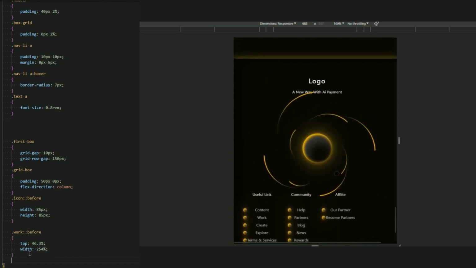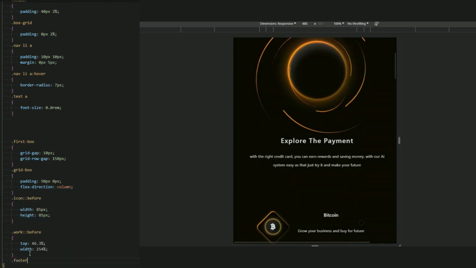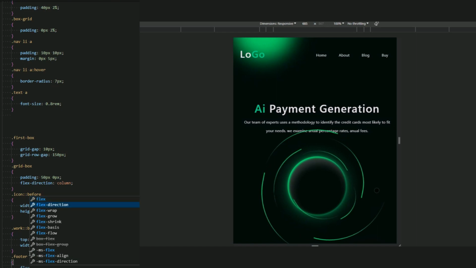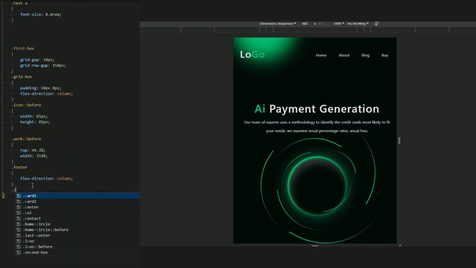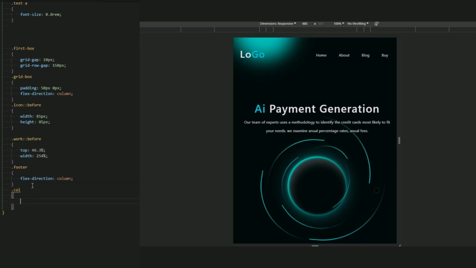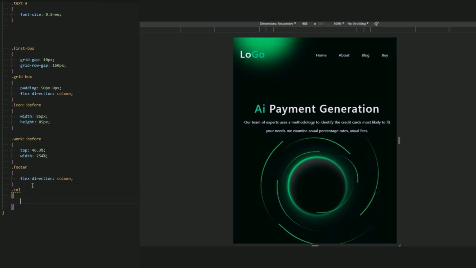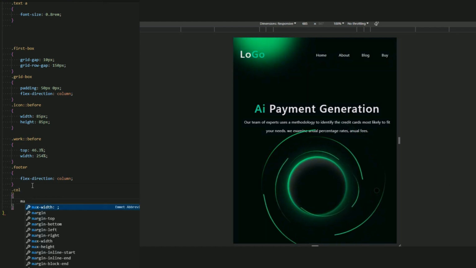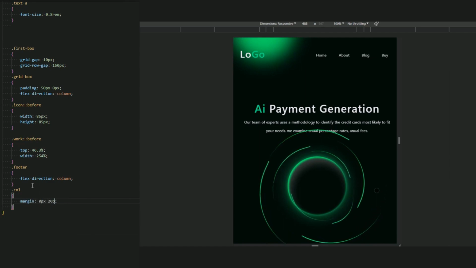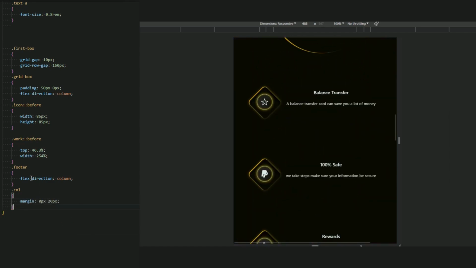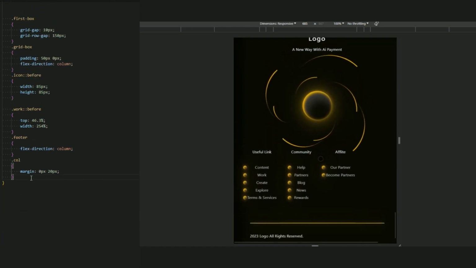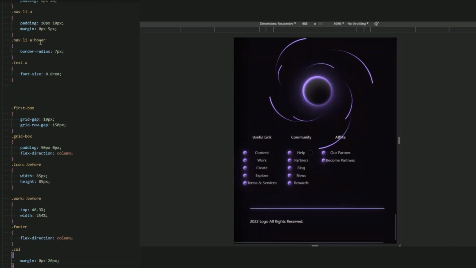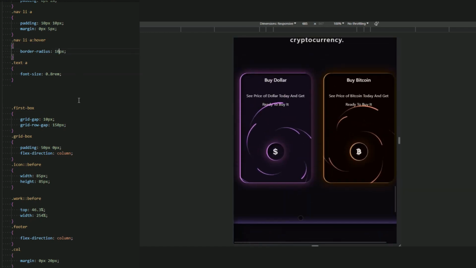For the footer, let me just add a text flex action column, and for the space of the A link of the footer, let's margin 0 pixel 20 pixel. And for text A, let this be 10 pixel of border radius, yes.